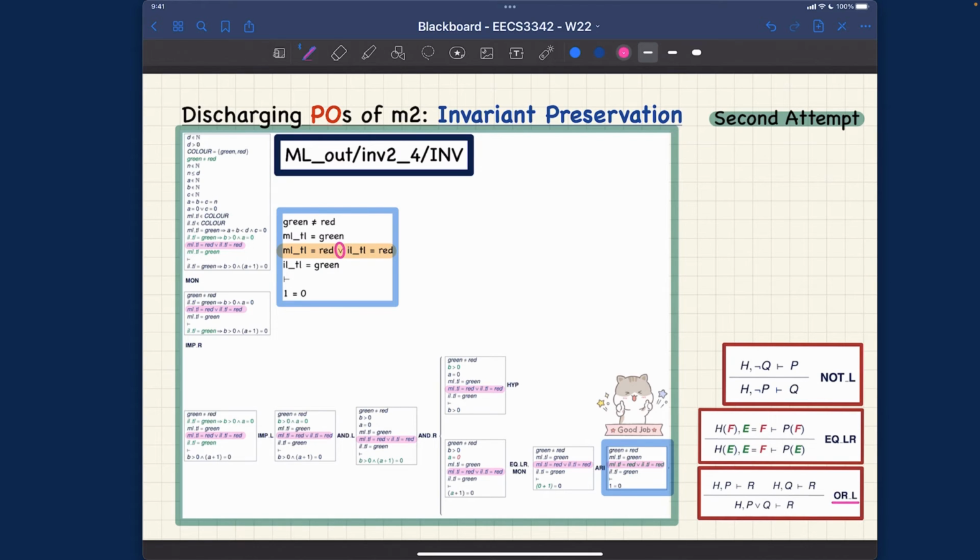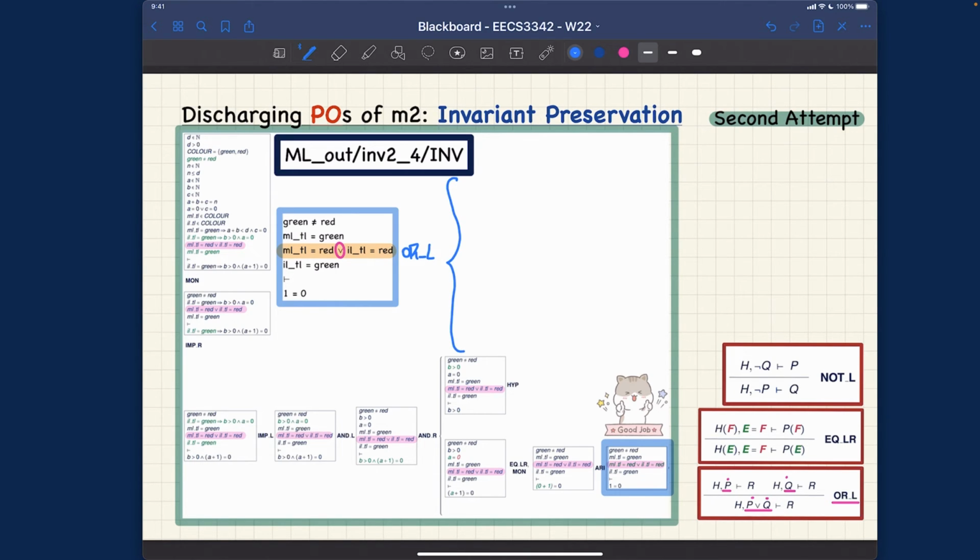The rule says that if you've got a disjunctive hypothesis to the left of the turnstile, you can split the sequent to prove into two independent sequents to prove instead. One would have one disjunct, and the other one has the other disjunct, right? The left and the right over here. Right, let's apply that. So we're going to apply ORL over here, and it's going to split the sequent into